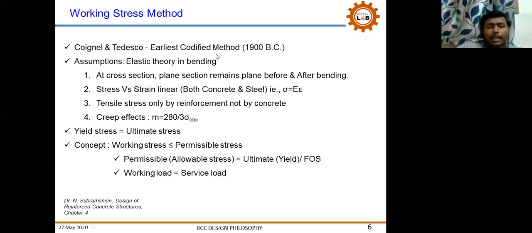Here, the basic assumption behind these theories and proceedings is that whenever the material yields, it is considered to have failed. Is it so? Even after eating 2-3 chapatis, I can still take one more chapati, right? So my yield may be three chapatis, but for the last one, my ultimate is not 3. Whereas in working stress, they thought that after reaching the yield stress itself, the material has failed. But in reality, that is not the case. So there is again a fault.